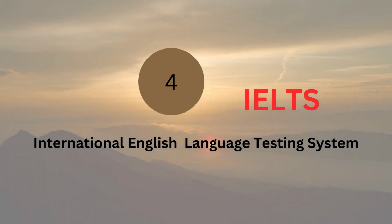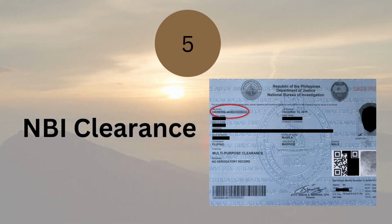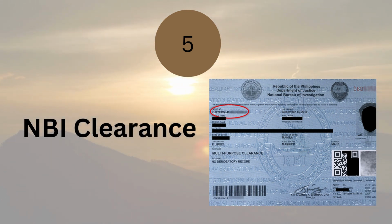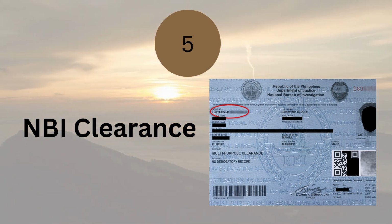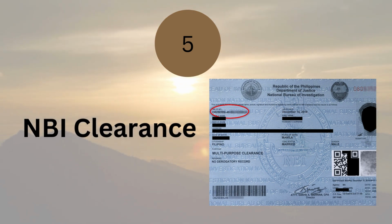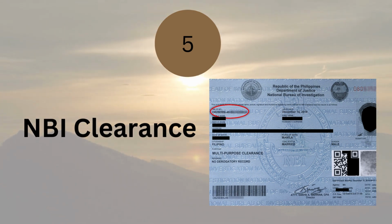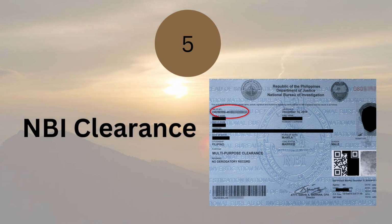level A1 or B1. Fifth, an NBI clearance is a government-issued document certifying that you do not have pending criminal cases or records in the Philippines. It is commonly required for immigration, travel, and other legal transactions. The National Bureau of Investigation, NBI, undertakes efficient detection and investigation of crimes and other offenses against the laws of